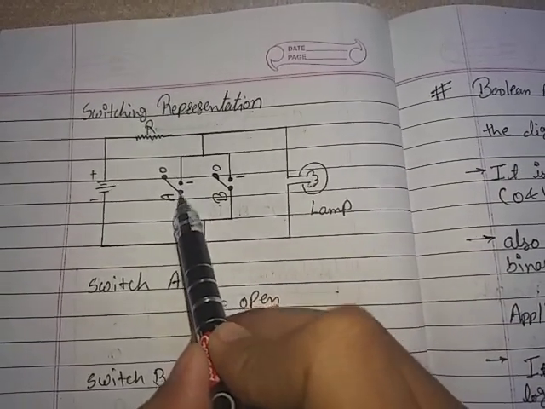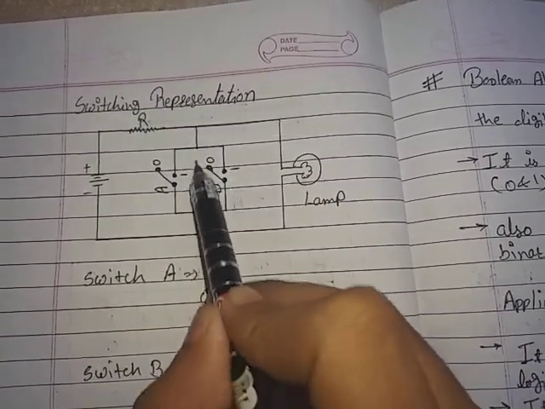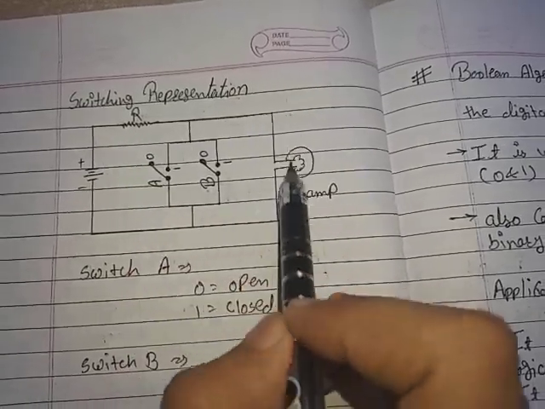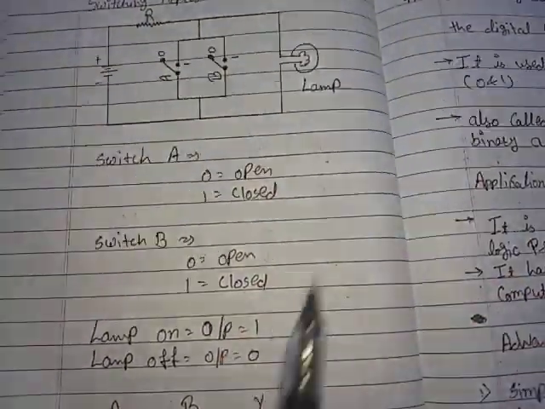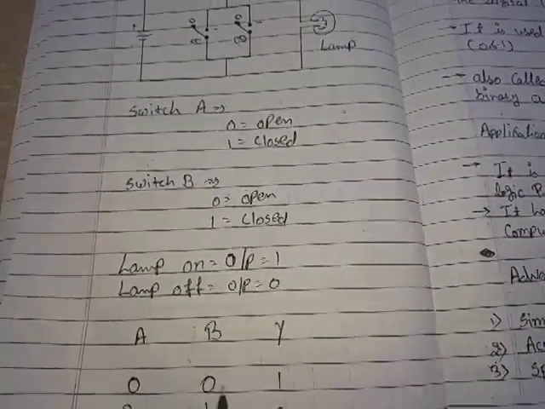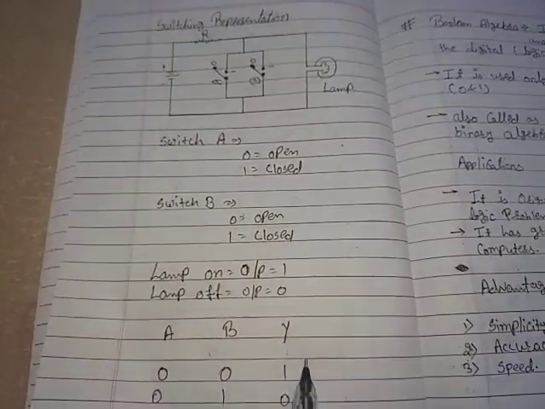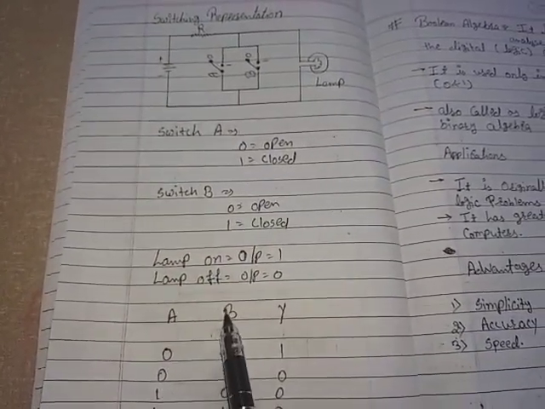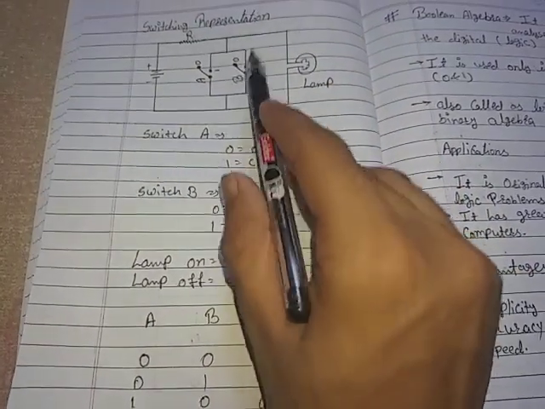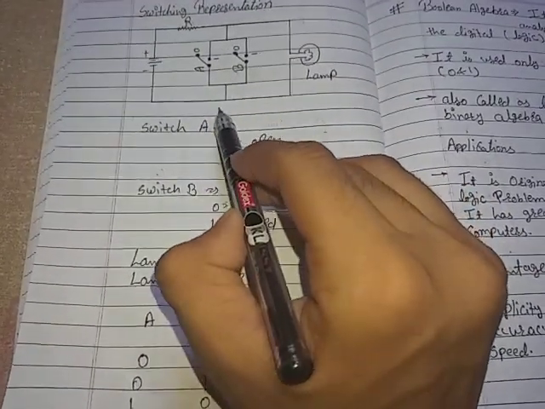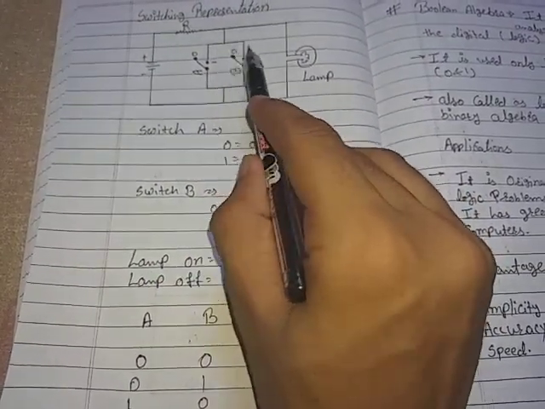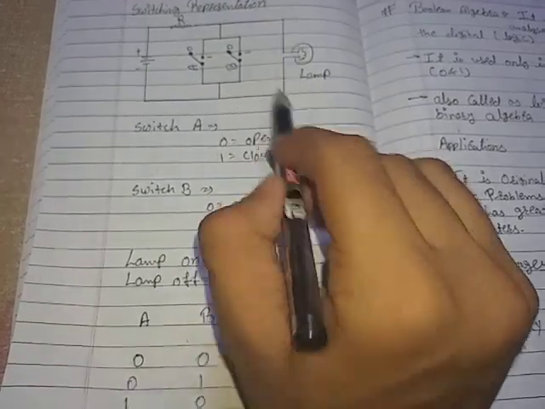Suppose A and B both are at 0. This branch is open and current will flow through here. So we will get A is 0, B is 0, output is 1. Now A is at 0, B is at 1. B is at 1, so current will flow from here in this manner through switch B, and the lamp will not